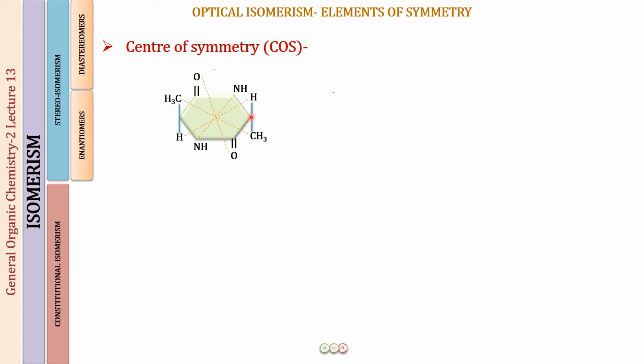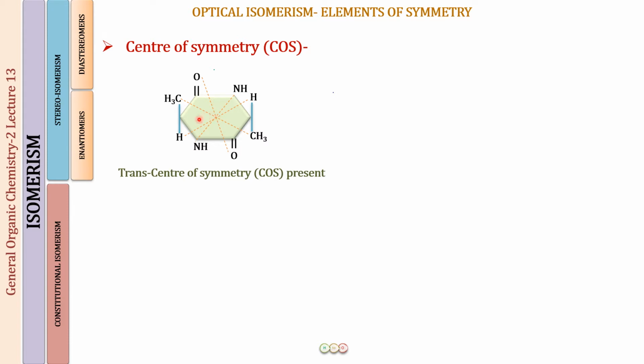Okay, here again we have a carbon and a carbon, no problem, equal type of atoms at equal distances in the opposite direction. Here you can now see that this carbon has a CH3 group above the plane of the ring, a hydrogen below, a hydrogen above and a CH3 below. So now if I'm going to pass a thread from this CH3 passing through the center of the molecule, this thread is going to go downward and encounter a CH3 just like the post and the foot of the bed. Okay, so this is how I will be encountering the two CH3 groups opposite to each other and at an equal distance from the center of symmetry. So this compound will be having a center of symmetry.